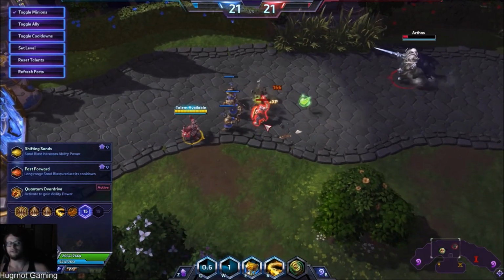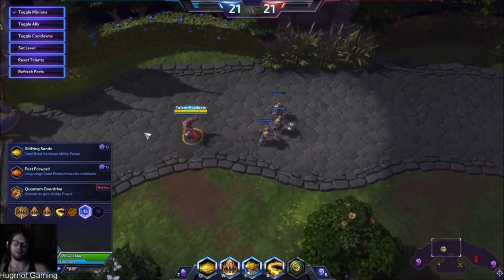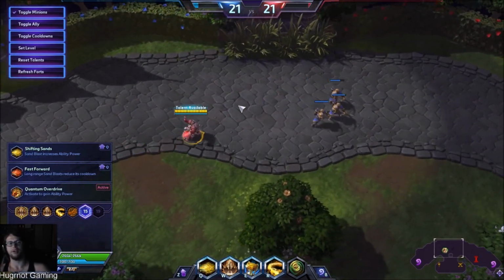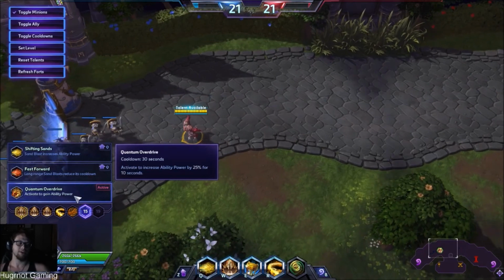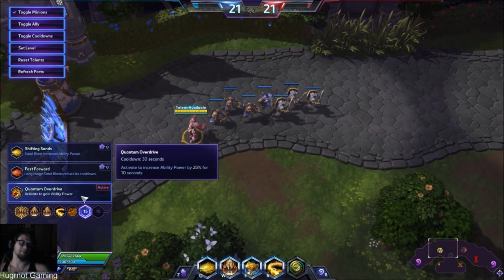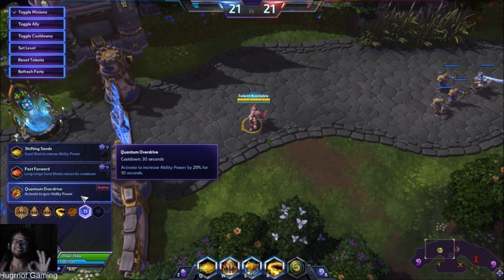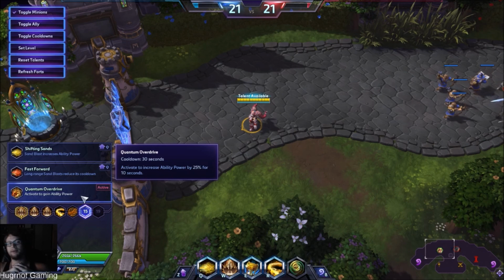I can't preach this enough. If you guys have seen my Sandblast build video for Chromie, you already know what talent I absolutely love at 15. It's going to be Quantum Overdrive. This thing is absolutely amazing, and I'll tell you why. One, it's active for 10 whole seconds, guys. 10 seconds. It increases our ability power by 25% for that 10 seconds, and it doesn't increase our mana cost